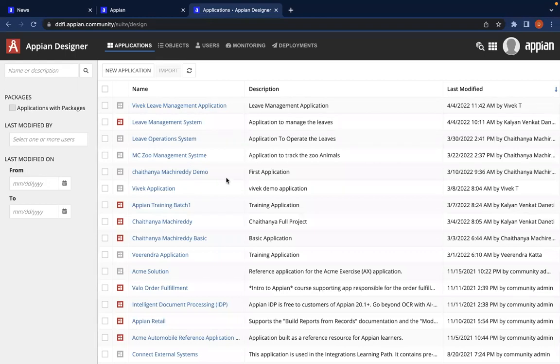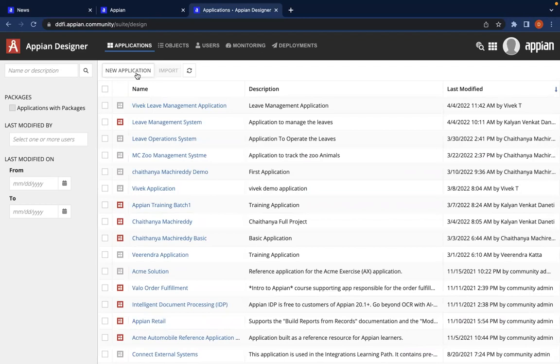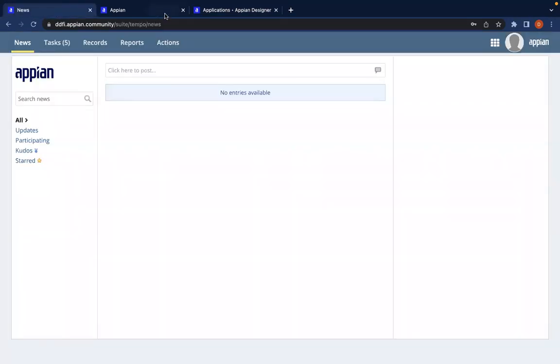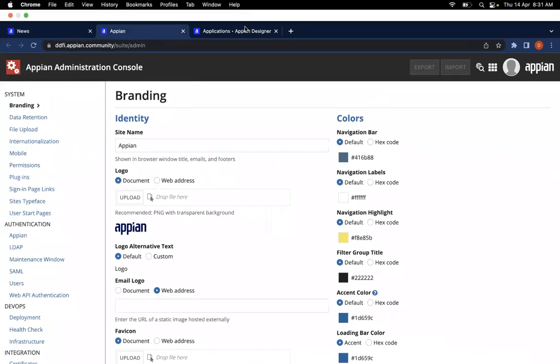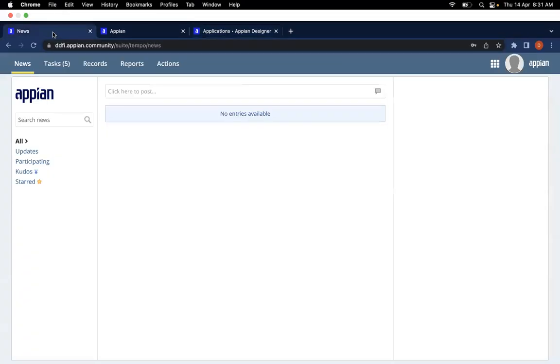So this is the application designer, where we are going to create and view applications or objects. So you just need to have a basic idea, right? To know what exactly is happening in this particular page and what this page is actually for. Okay, so that it will be easy for you to understand and cope up with the upcoming concepts in this course.